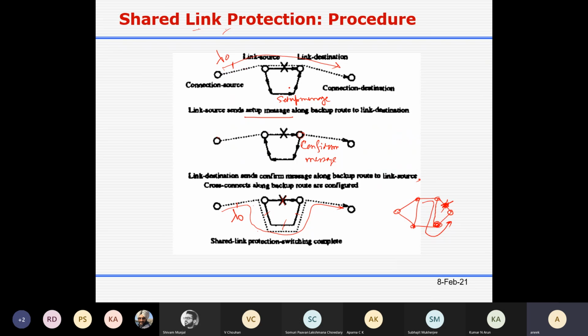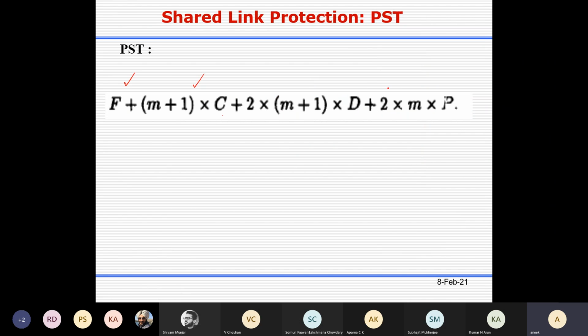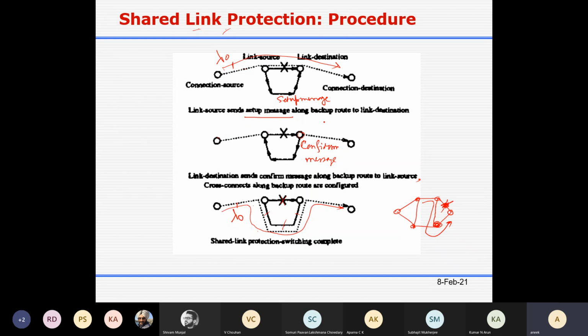So the propagation delay will be 2md, and the processing delay will be 2 into m+1 into d. This is the processing delay for one node, and this is the propagation delay. Okay, you see this is there.